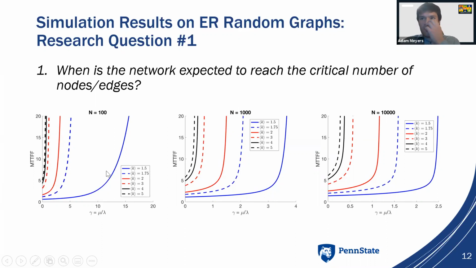Another thing that we would expect is that networks with higher average degree are more robust, so it's going to take a longer time for them to fail. These graphs also show that. The last thing these graphs show is that as you increase the network size, you actually get more robustness of the network. And so that's a little odd, but the reason that that's occurring is because we're using the percolation